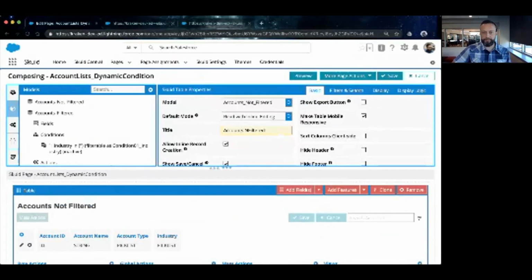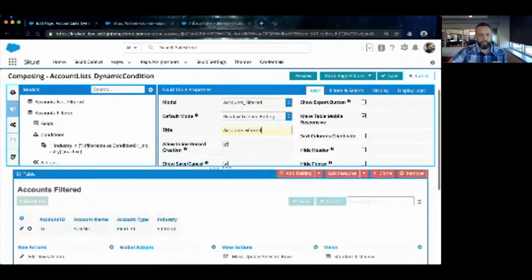So I'm going to change the title because that title is no longer accurate. And most importantly, I need to change the model and change it to accounts filtered, because this table will faithfully display data in the model that it's connected to. So if I left it as accounts not filtered, any filter that we added to here would do nothing because the model didn't have a model condition for the filter to manipulate. So now I've got the model selected, I've got my title. Because we cloned it, it already has fields in it. Great. Now I'm going to show you a preview,